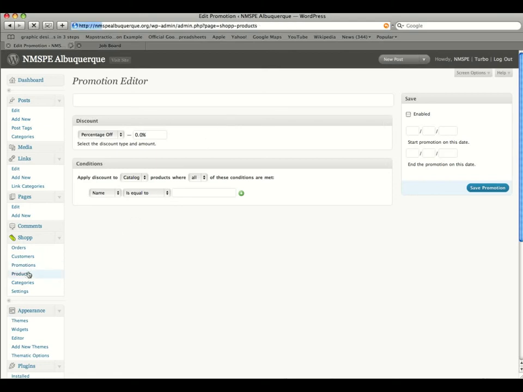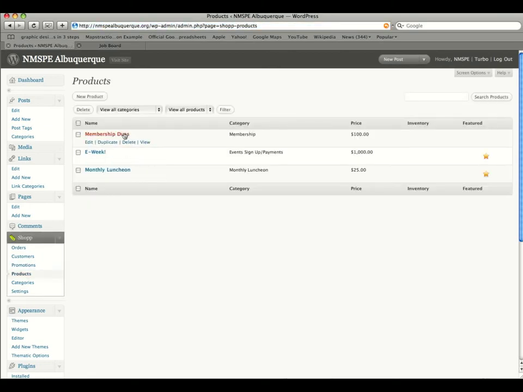But if we click on products, we'll see a listing of all the products included in the site. We'll see the name, the category it's under, the price, inventory, which we're not going to worry about because inventory is unlimited for all products, and then featured. And if you want it to be a featured product, it'll have a star next to it. So let's add first a new product. So we'll click on New Product,